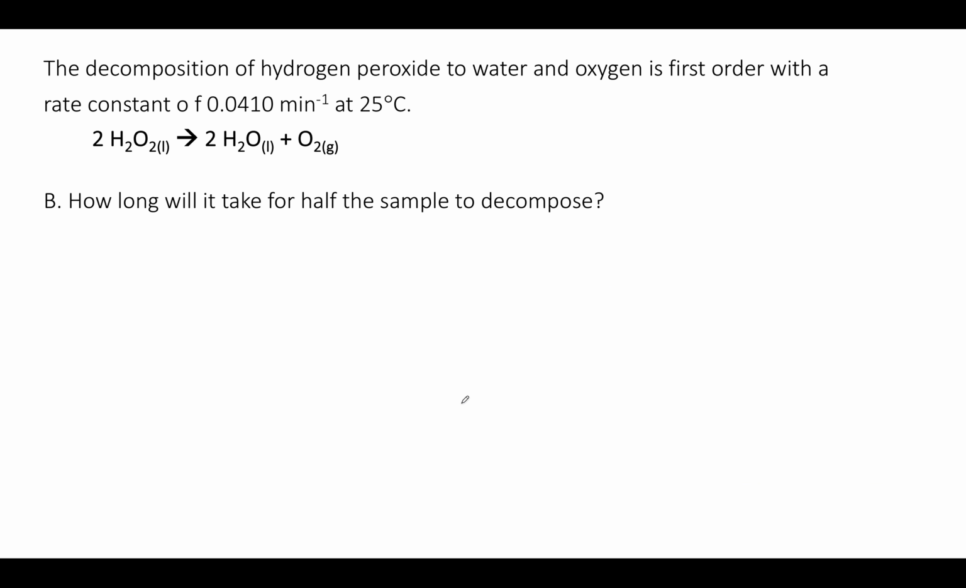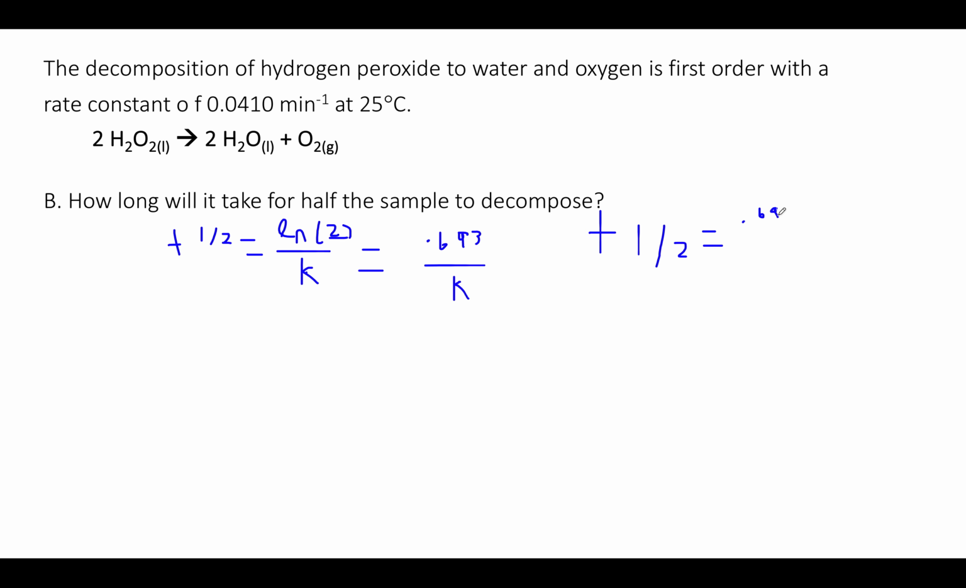Okay, so how long will it take for half the sample to decompose? So that's half-life, and luckily half-life for first-order reactions isn't bad. It's the ln of half of the sample, like I said, 2 over k, but this can be simplified to 0.693 over k. So the half-life of this reaction would equal